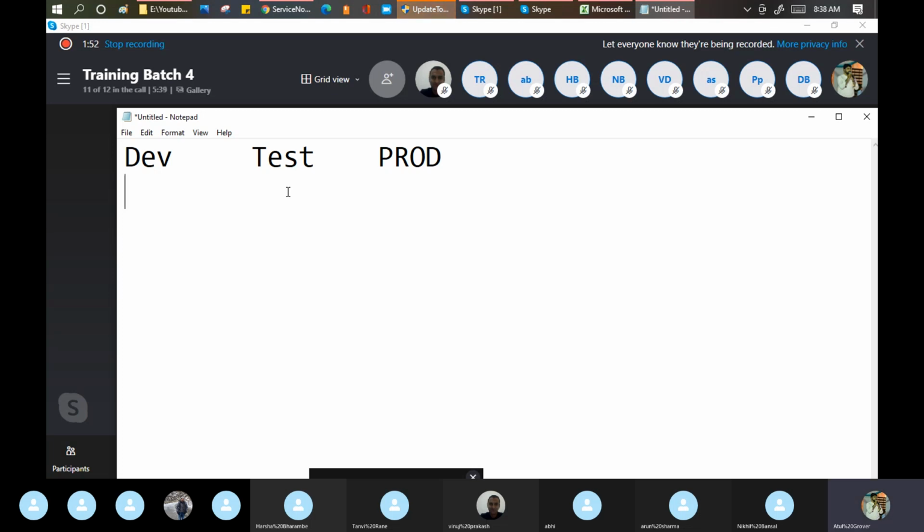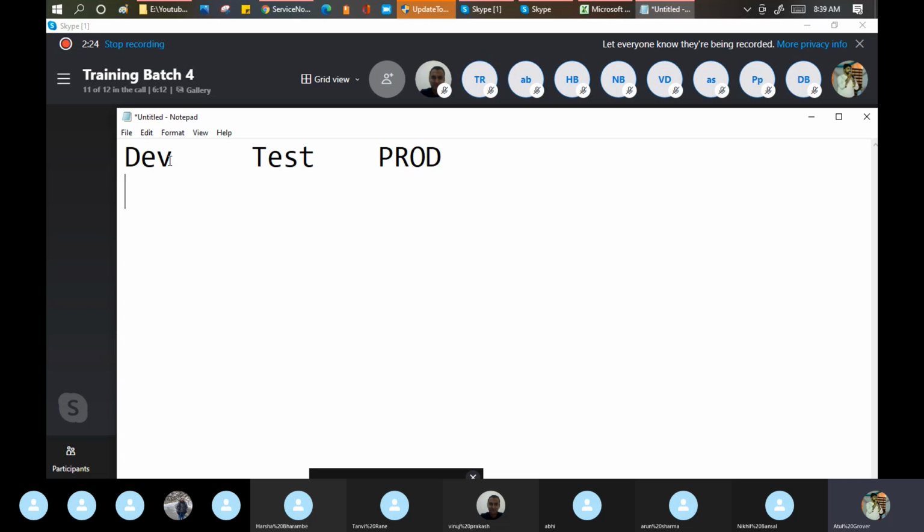In the same manner, if I am a developer, if I write code, write a logic, create a table, and I want to move the table from dev to test, how can this be taken care of? The word move is not the right word. Let's use the word migration. If I want to migrate my code from dev to test, how can this be taken care of?